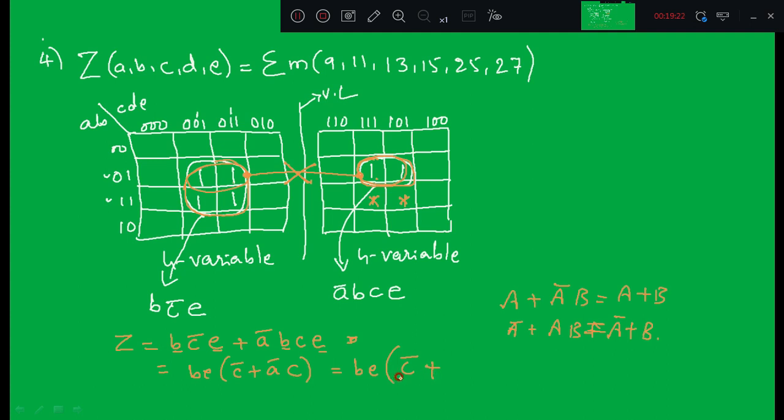So I can write B E, C bar and A bar, but you can observe that none of the terms, A B C E, get eliminated from this final Boolean expression. That means these 2 groups are not logically adjacent. If they are logically adjacent, then you can eliminate one more variable from the final expression, but you cannot eliminate. By looking at the final expression, you can see that none of the variables get eliminated, so they are not logically adjacent. So this much is